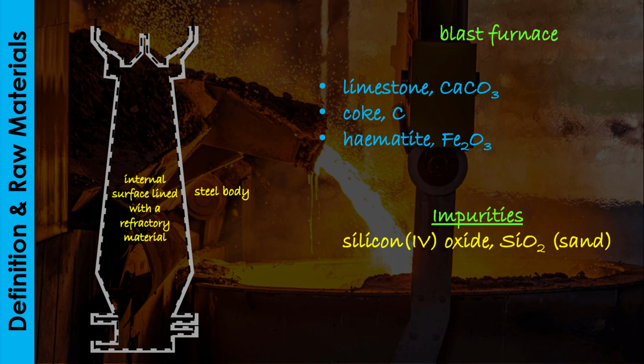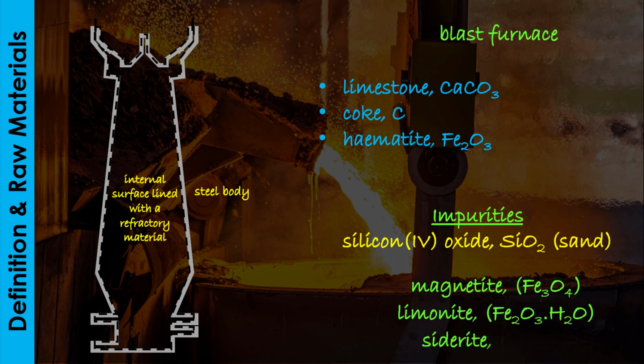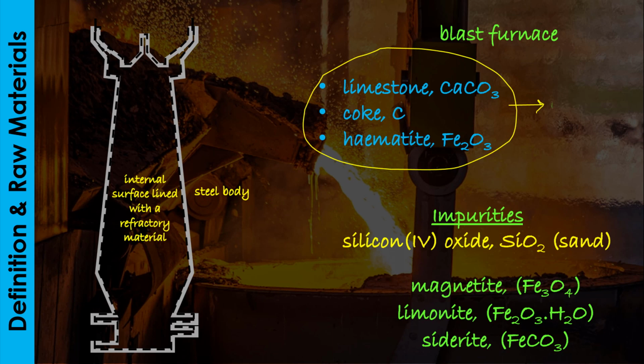Other ores of iron include magnetite, limonite, siderite, and iron pyrite. The iron ore, limestone, and coke are collectively known as the charge. Another important raw material in the extraction of iron is the blast of hot air,